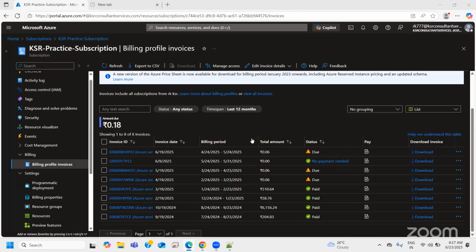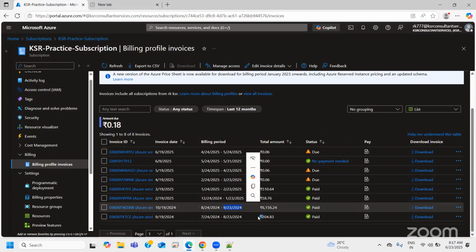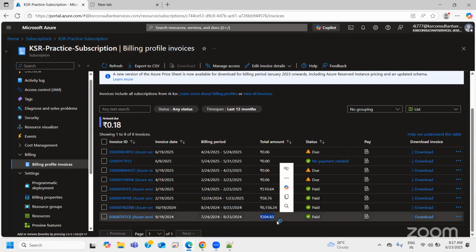I've been using this subscription for a very long duration. So if you see, for the months of August and September in 2024, there were some charges, some 6,000. That means I frequently used it. And prior to that also, in July and August, there were some charges.